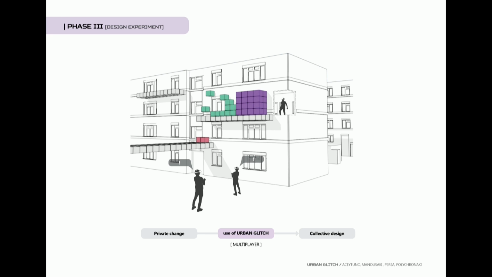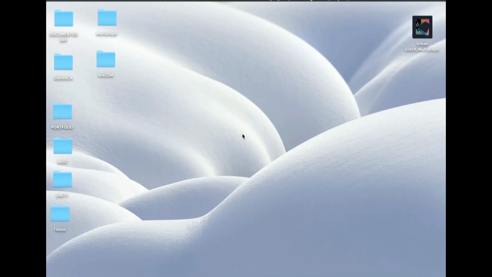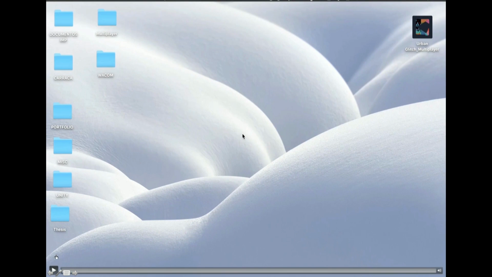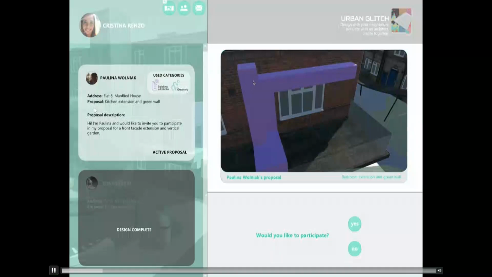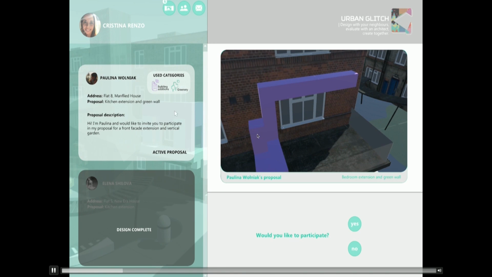So basically, at this stage, we also wanted to explore a different manner of virtual collaboration, and that's why we proposed to upgrade the platform to multiplayer. In this experiment, we show how an individual is able to propose a private change and send it as an invitation to other players.